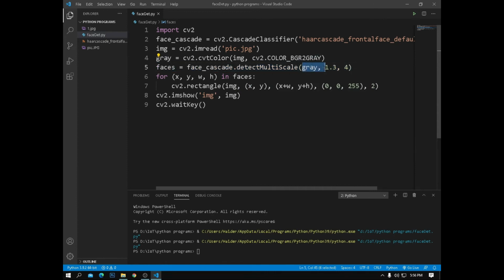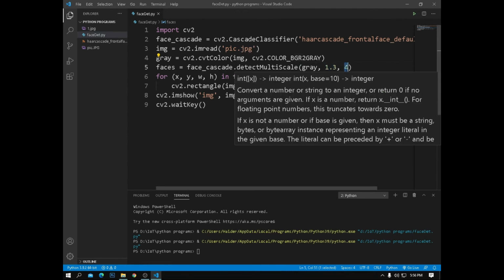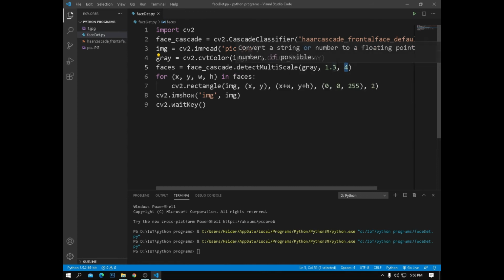One is the gray input image, because this is our gray image. Then the scale factor, and the minNeighbors. The scale factor specifies how much the image size is reduced with each scale, and minNeighbors specifies how many neighbors each candidate rectangle should have to retain it.